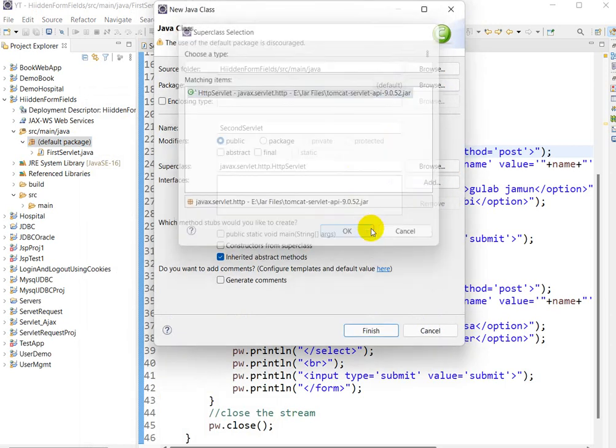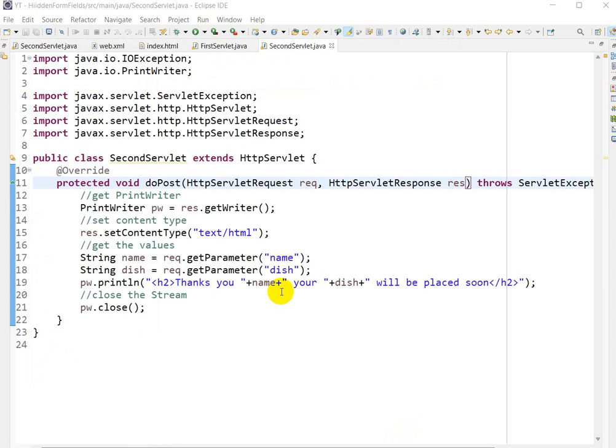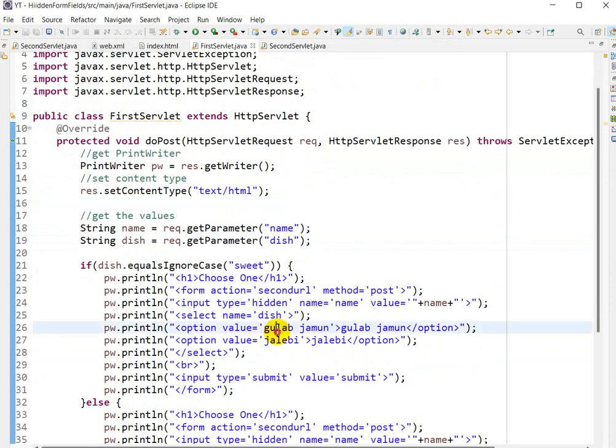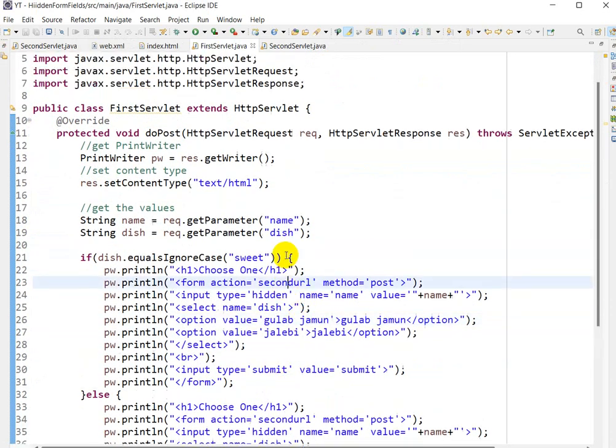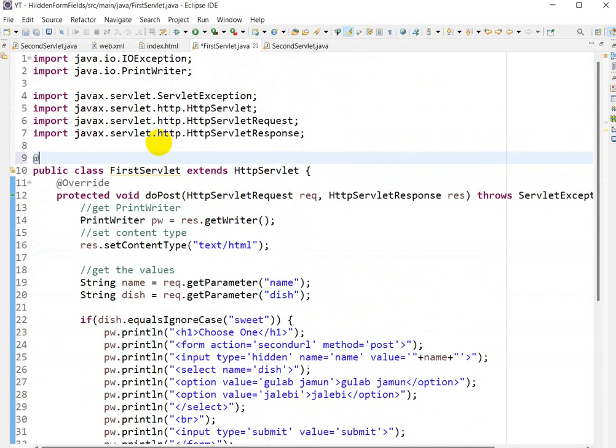Okay, click on Finish. So here I will write the logic. Here I have written the logic for the second servlet. So after submitting the values here, it will go to the second servlet. Here I forgot to write the WebServlet,